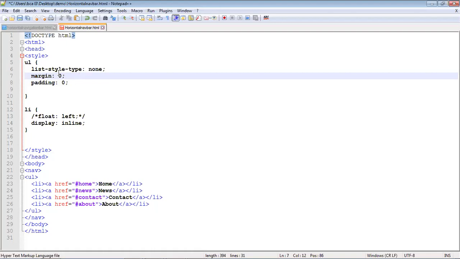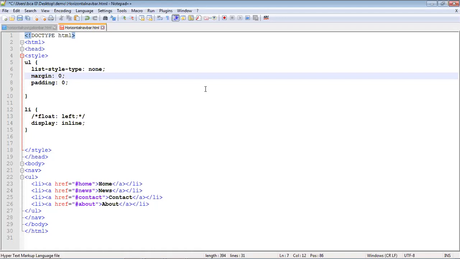Here we are giving 0. To give the values of padding and margin there are 4 types, we already discussed. First type: top, right, bottom, left, so this is 4 values. Second type: top, left and right, and bottom.